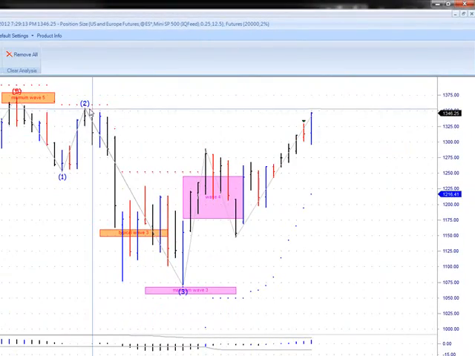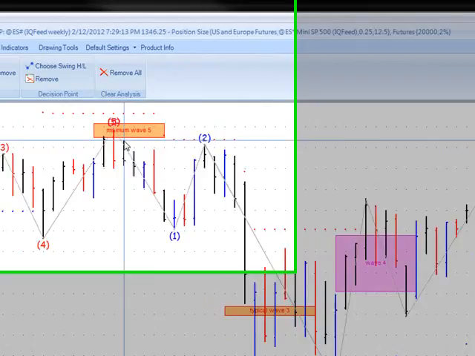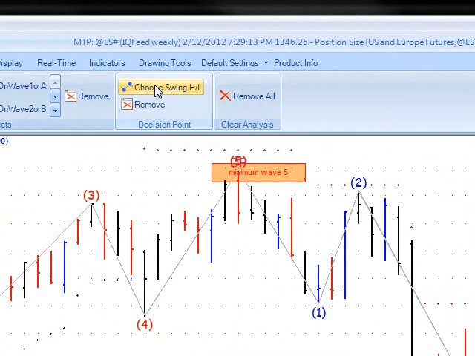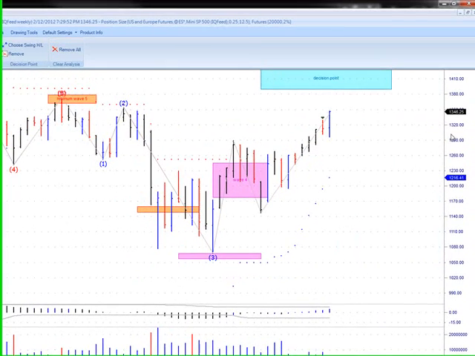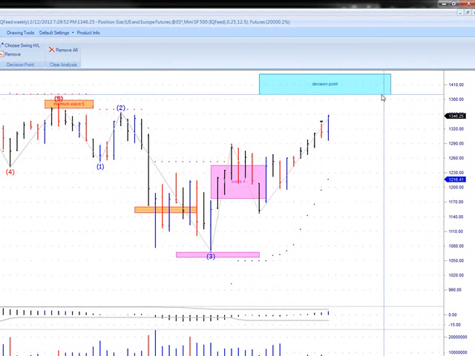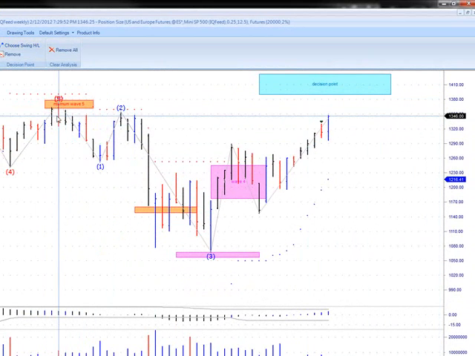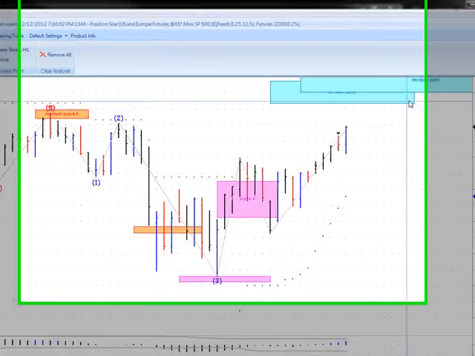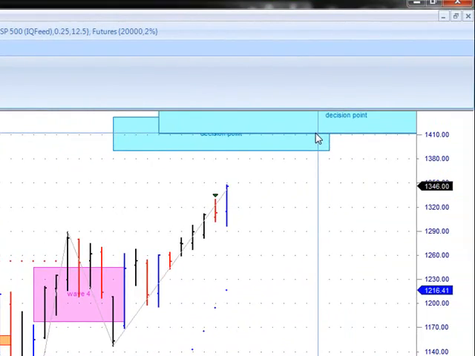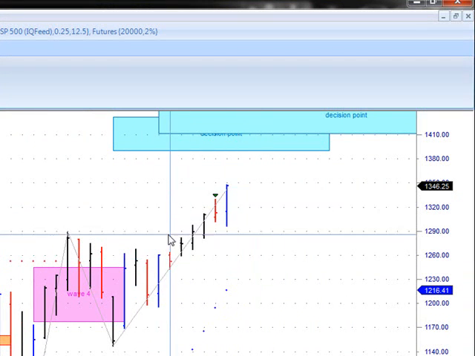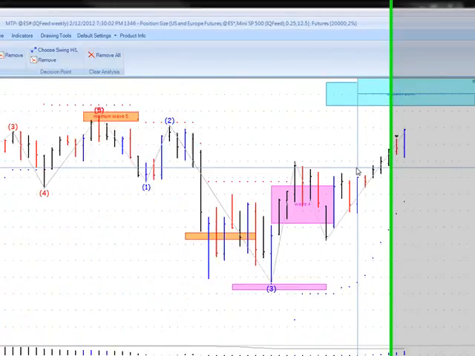And if we use our decision point tool off the prior swing highs, a couple important swing highs here, it'll give us our next major resistance areas. So the first starting at 1390 in the ES, and our second, if we go off that prior wave high, that basically overlaps, but that one starts at around 1412.